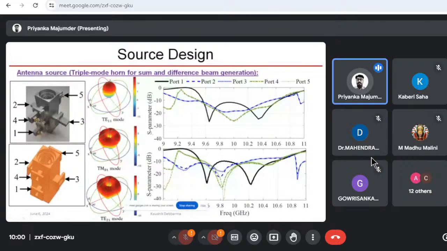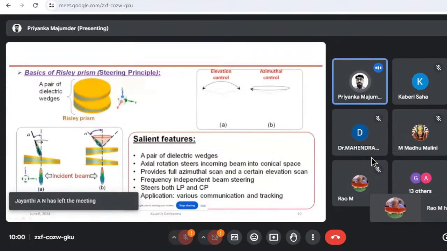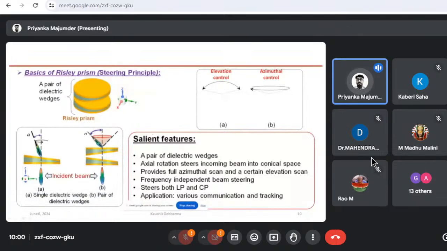Coming back, so we have designed the triple mode horn antenna. That is basically we have designed a source which is going to be used for monopulse. Now let's solve the next problem. It's not showing, but the next problem is the steering. Now we want to